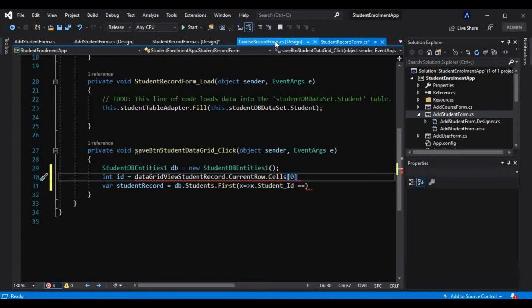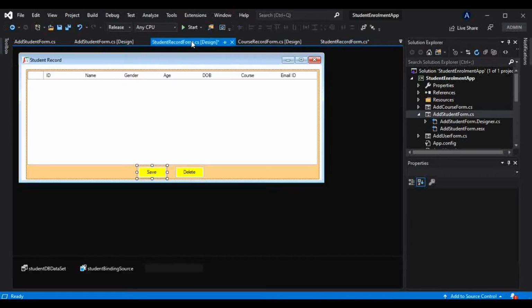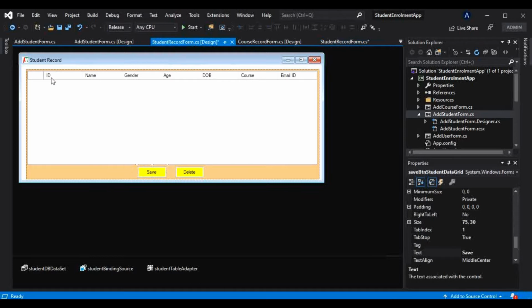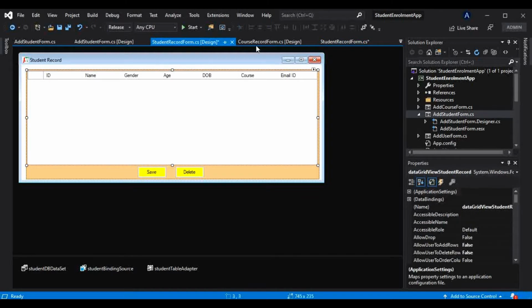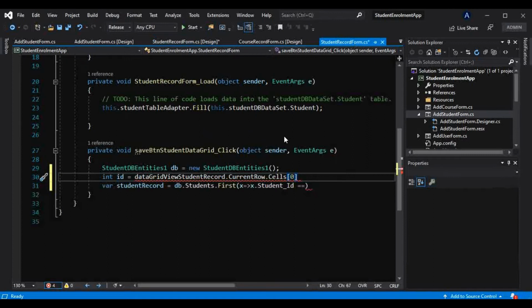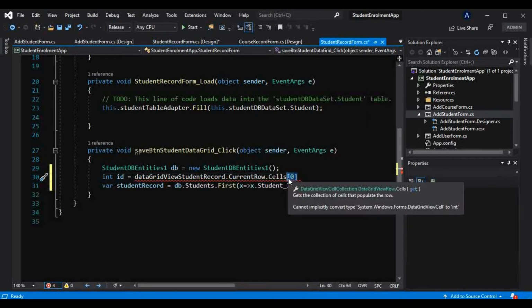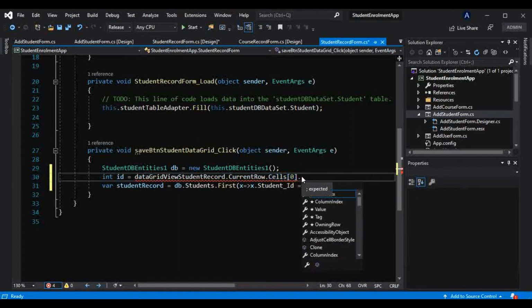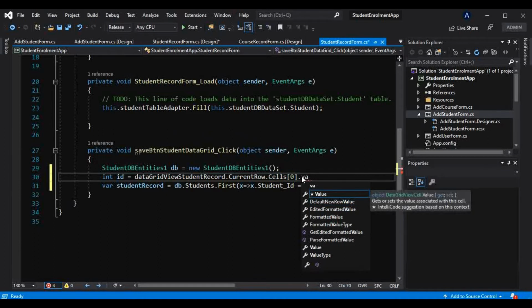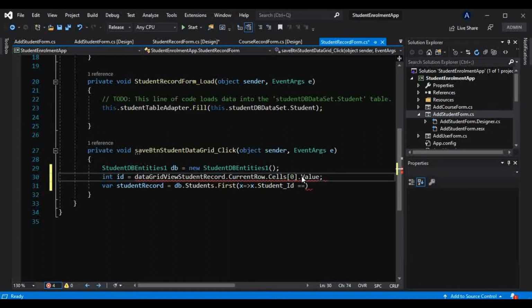Let me show you that. If we go to the student record form here, you will notice that the first column is nothing but the ID column. So that is why on the 0th index I will get the value of that ID, and for that I have to use this property here, that is value, and that should be ToString, and we know that it is nothing but an integer, so we have to convert that.